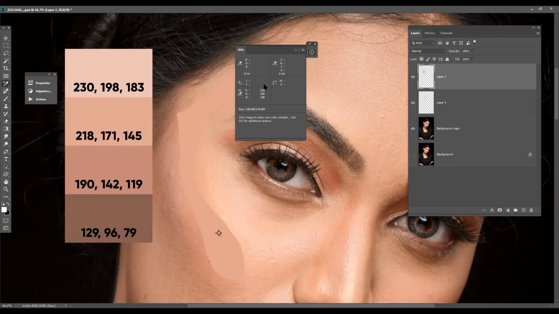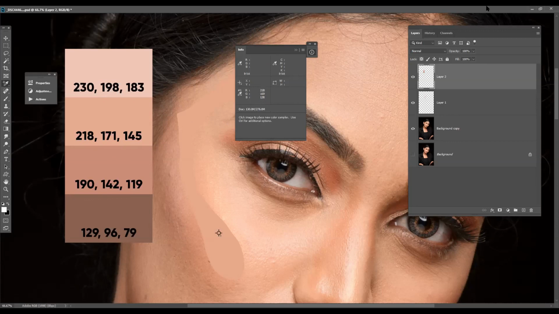Yes, sir. I am trying to take the second one. Okay, so 218, 169, 138. So there is a difference between 171 in the greens and 169, and 145 in the blues. The reds are fine.